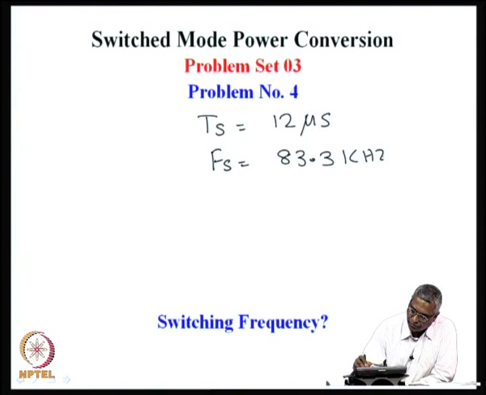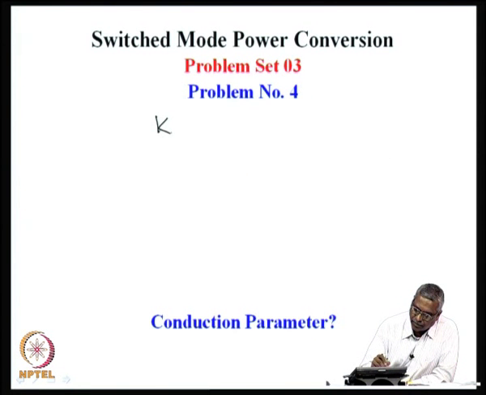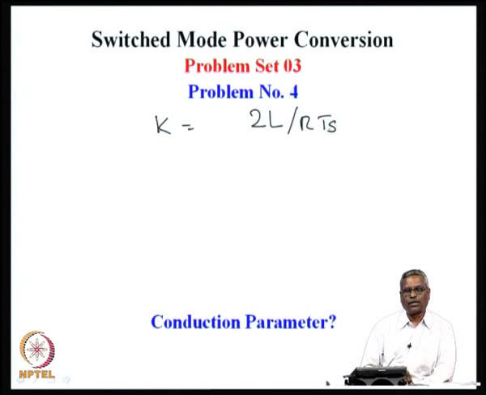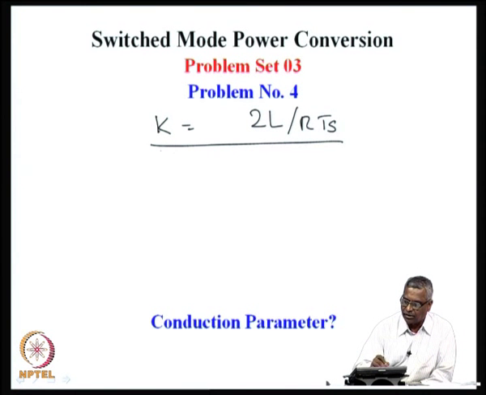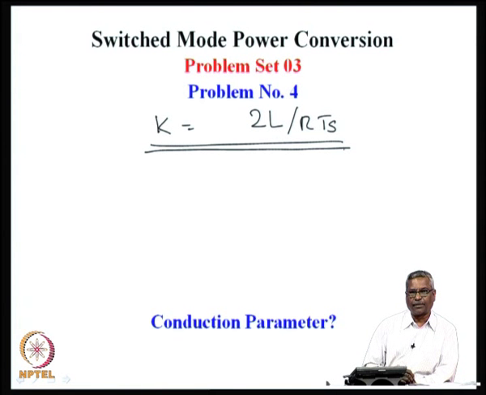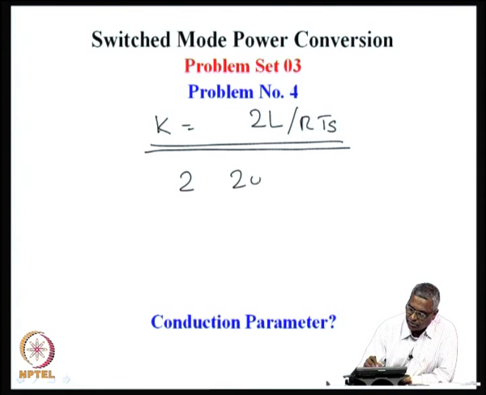83.3 kilohertz. So, the next thing that we would like to know is what is this conduction parameter, which is 2L by RTs. So, in all continuous conduction and discontinuous conduction analysis, it depends on the conduction parameter of the converter, and that quantity is given as the ratio of 2L by RTs. In our case, 2 times inductor 20 micro divided by R is 50 ohm multiplied by Ts is 12 microsecond,